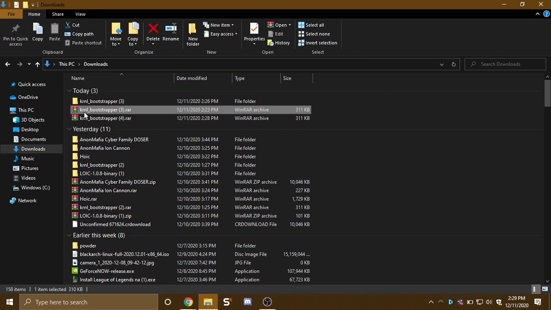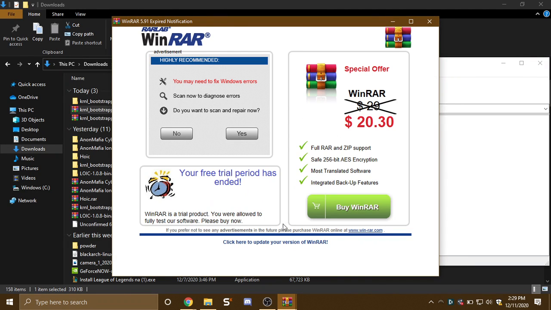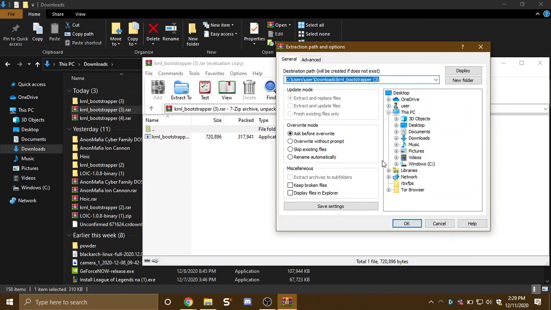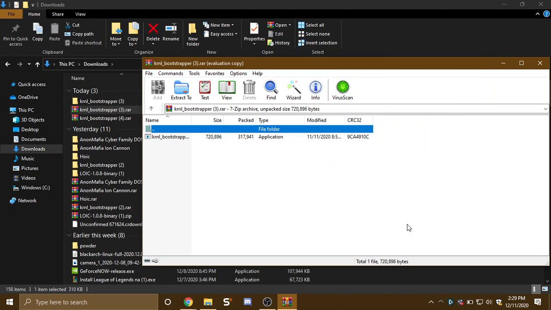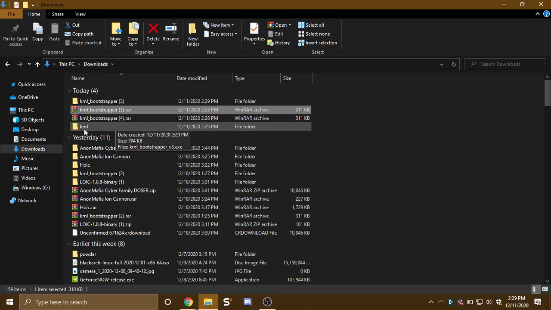But if you do have WinRAR, you just press it and it'll open up WinRAR. If it says you have to buy it and stuff like that, just press that. Then do extract to, and find what you want to name it. I'll just name it kernel and press OK. Then you go to the new folder that I made called kernel,